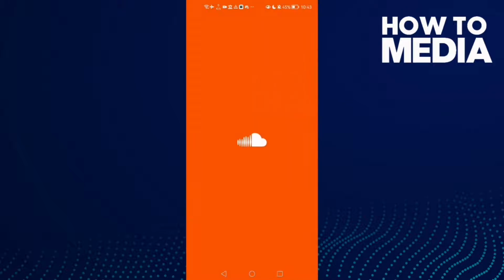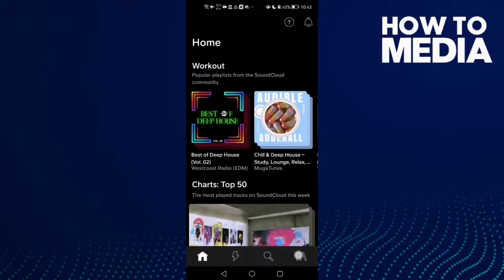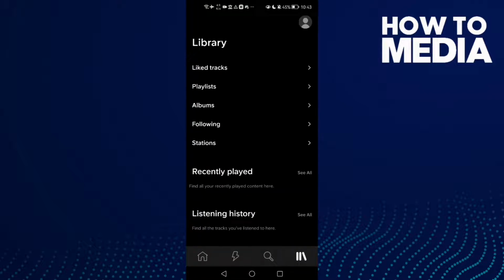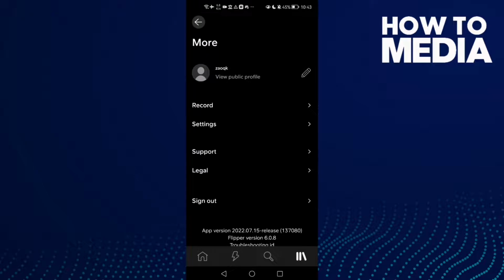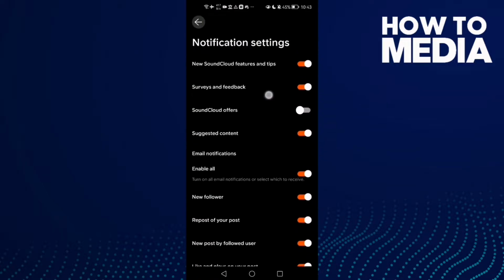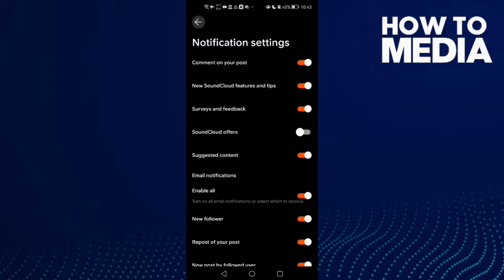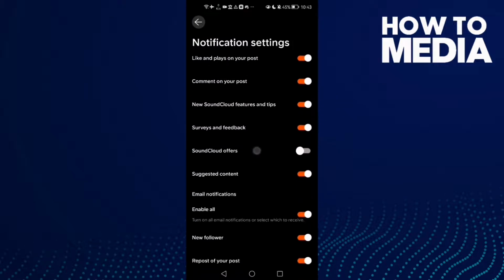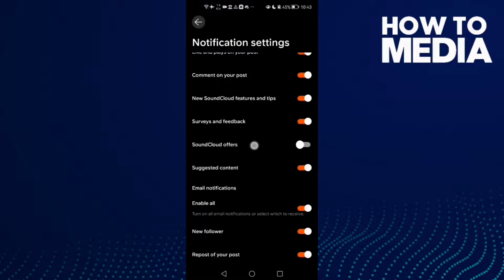First, open SoundCloud, and here you will find the library. Click on it and then click in the top corner here on your profile, and here you will find settings. Click on it and then click notifications, and then just scroll down until you find this one, SoundCloud offers, and